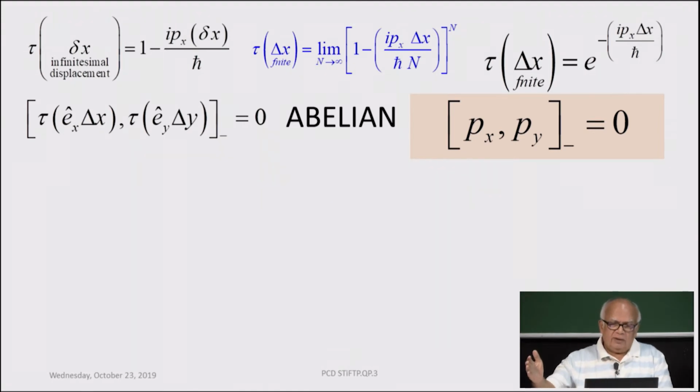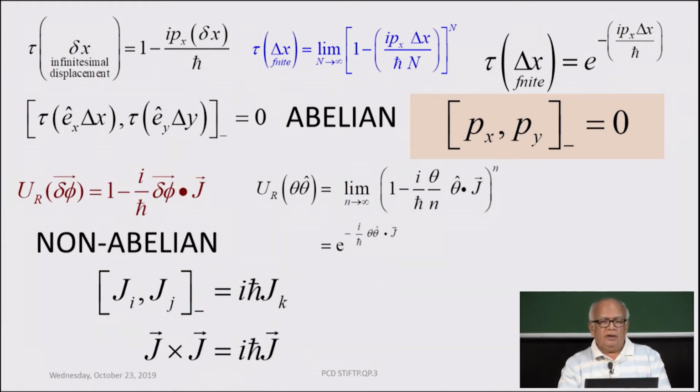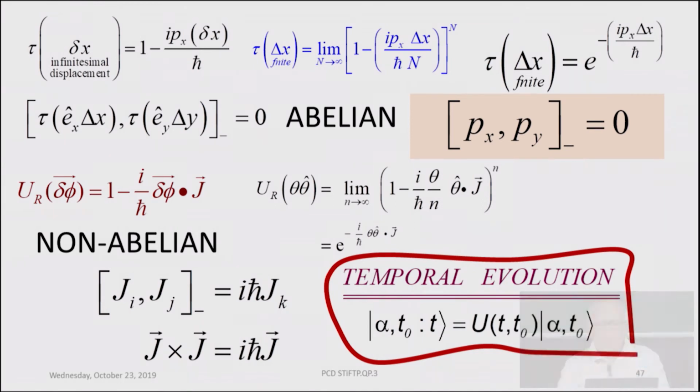So the translational displacements satisfy an abelian algebra. The generators px, py commute. The rotation operators come up with a non-abelian algebra, right. And then we are going to ask what happens when